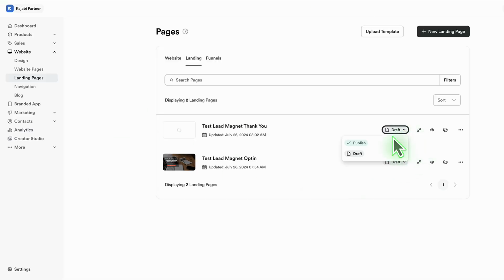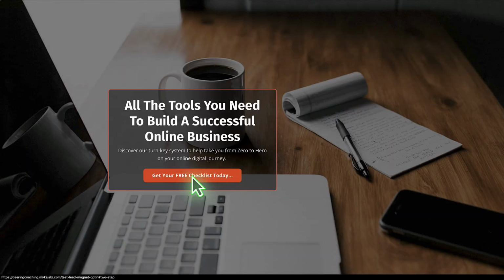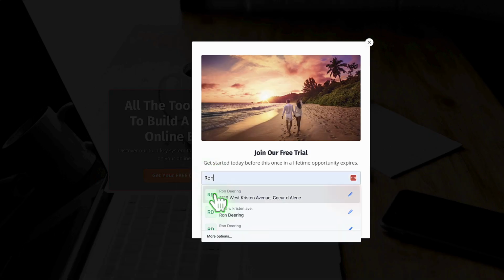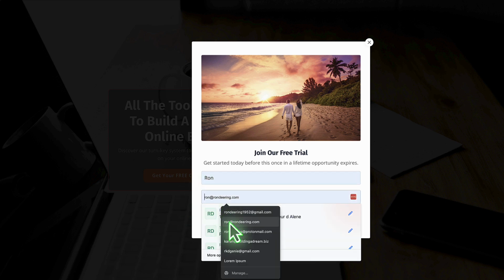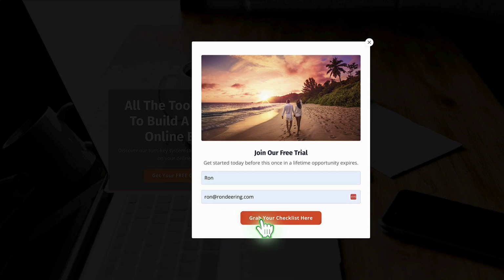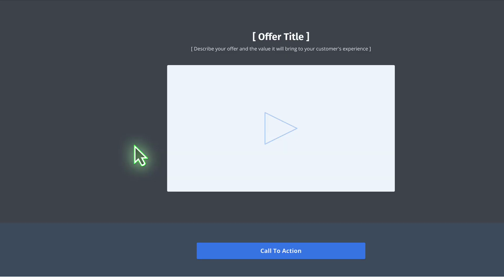But now I want to make these publish, so I'm going to publish this. I'm going to hit this little eyeball here so I can preview it. And I want to check it out, and I'm going to put in my name and my email, and I'm going to say grab your checklist here, and hopefully it takes me to that thank you page. And sure enough,